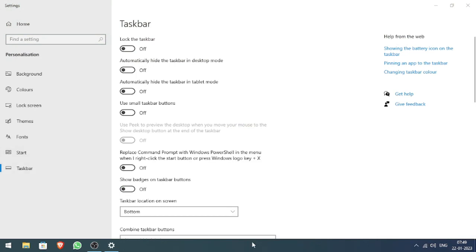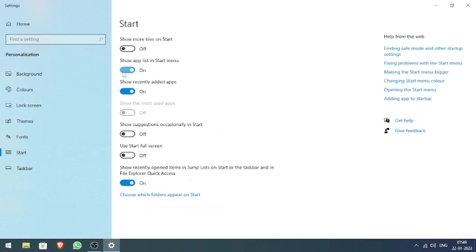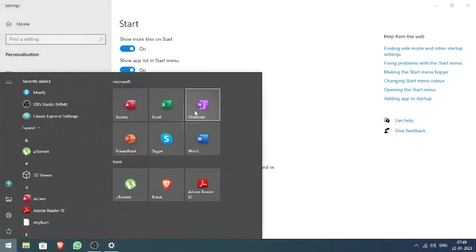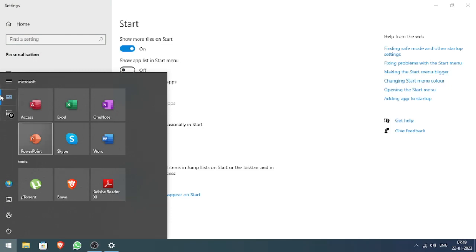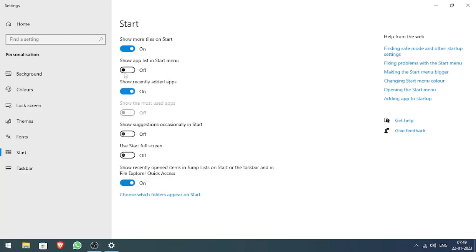For that, go to the taskbar settings as previous, go to start. Here you can play with these options, like show more titles will increase the space for titles, then show app list in start menu. If you turn this off, then only these titles will show up and all apps, but I instead hate these titles, so